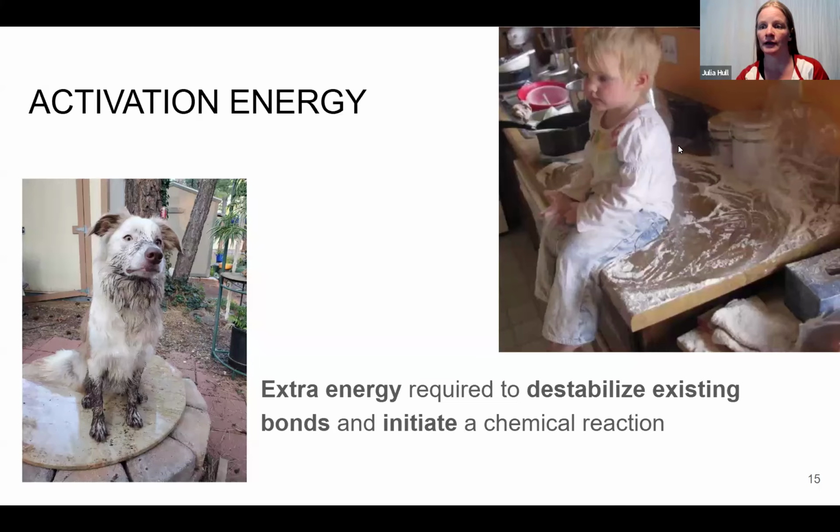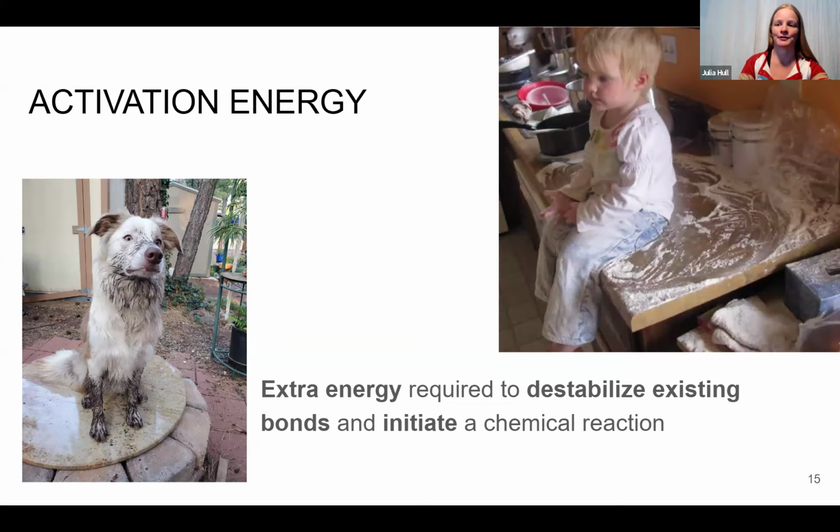All right. So whether we are having a catabolic or an anabolic reaction, we need activation energy. Okay, what is activation energy? This extra energy input is going to take those chemical bonds that already exist and destabilize them so it's easier for that process to occur, to initiate that chemical reaction. And that could be, like I'm indicating here, a catabolic reaction where we're breaking something apart, or we are trying to put things together. We've got to line them up so that they'll form those chemical bonds.